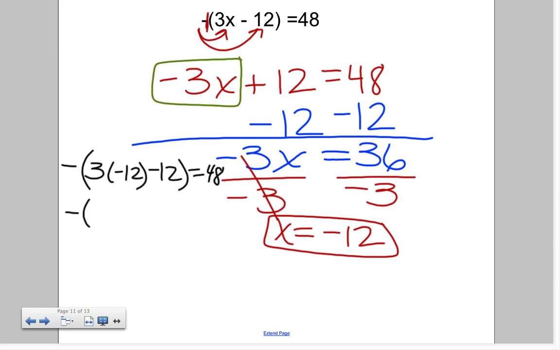So this negative sign we haven't done anything to. So you just bring the negative down because you can't do anything right now. That's outside of the parentheses. We have to concentrate inside. So what's 3 times negative 12? Tom? Negative 36. Okay, so we got negative 36, and then we're going to obviously attach